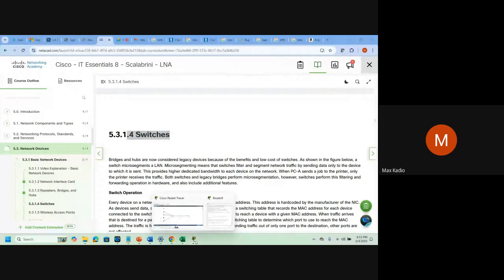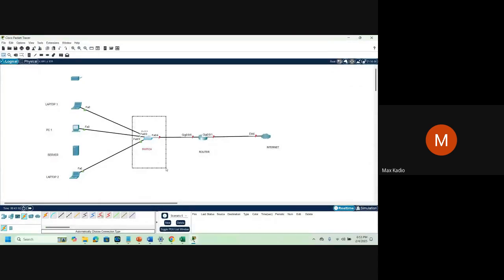So if they ask you in a job interview, what do we use a switch for? We use a switch to interconnect a lot of end devices like PCs, printers, laptops in one place. What does the router do? The router knows some routes, some networks.